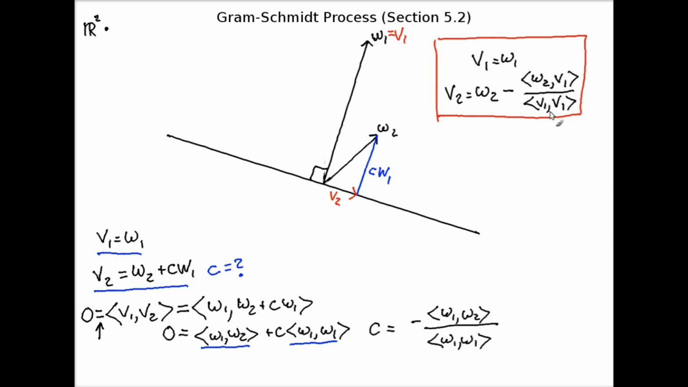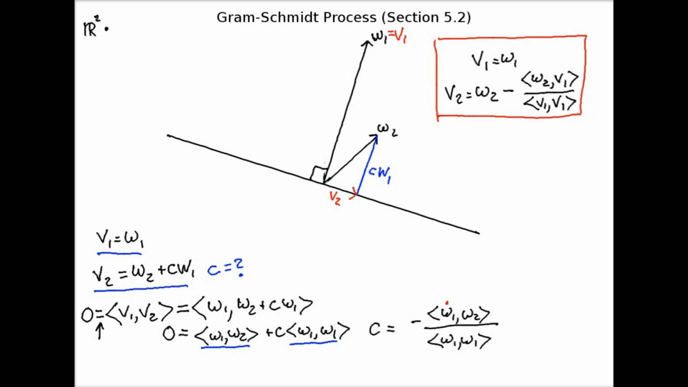Okay, so I rewrote this slightly. I just replaced W1 here with V1 in 3 places, and I also switched the order in the numerator. That's not important. So this is the formula for V2. And so